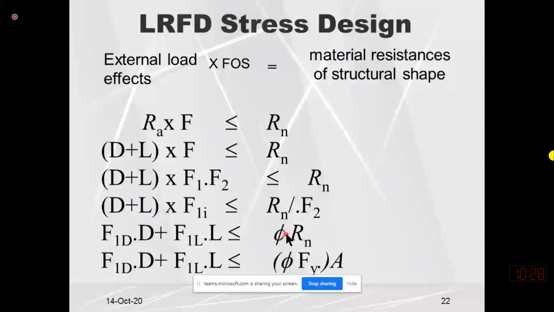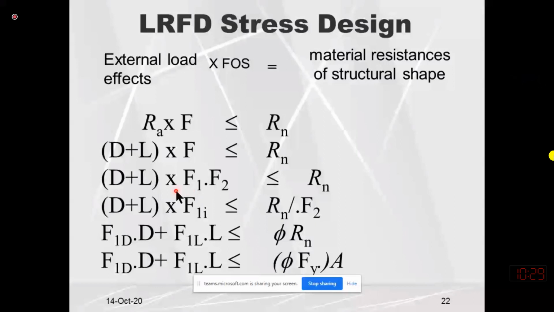So we can say that geometric properties cannot be changed, because if the area is there, we cannot say that area is partially available or maybe available more than one. So it means that if the strength is being reduced, we are considering that material strength is less. On the other hand, this factor of safety is multiplied with the load effect, and load effect may be the combination of various types of load.